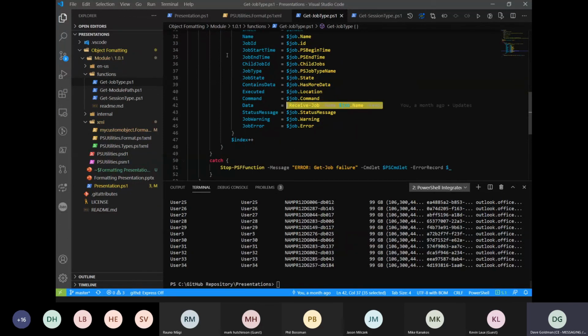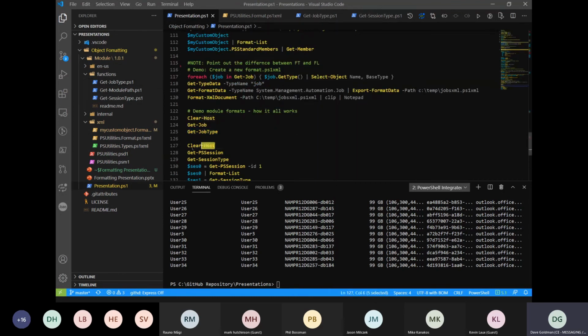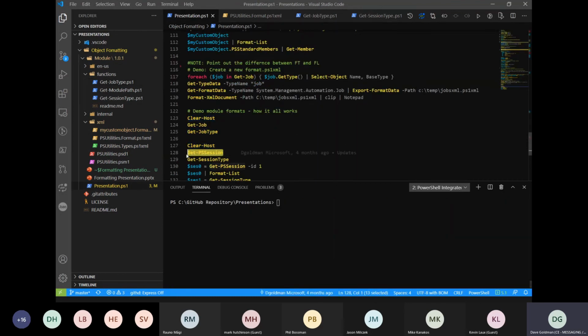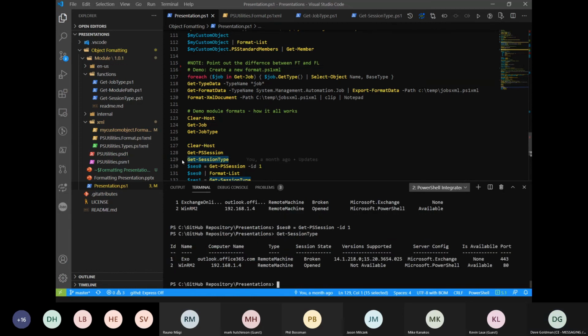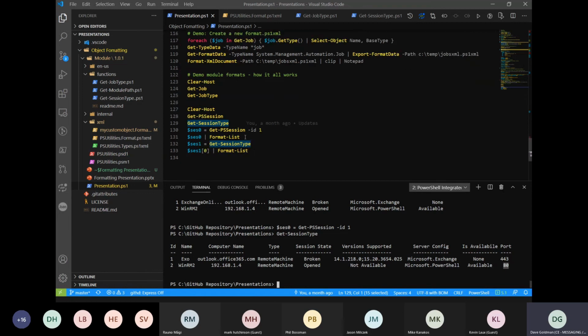I've also done the same thing in my module with sessions. So this is what the regular session looks like, right? Not too user friendly. This is what mine returns. And so I can pull back supported versions, and I can start to dig down to things where I'm troubleshooting connections to remote hosts to see what type of protocols they're using, and so forth.